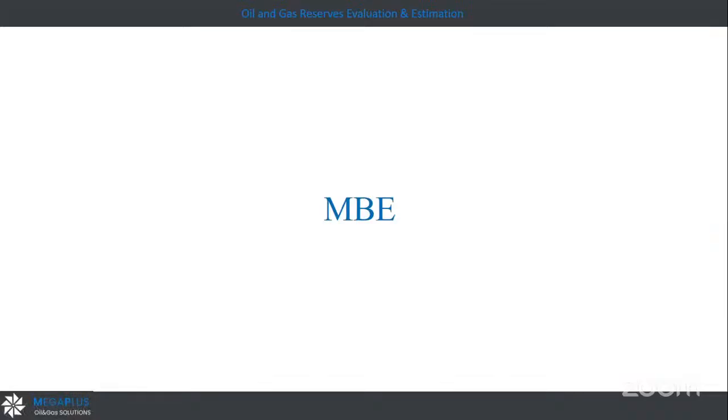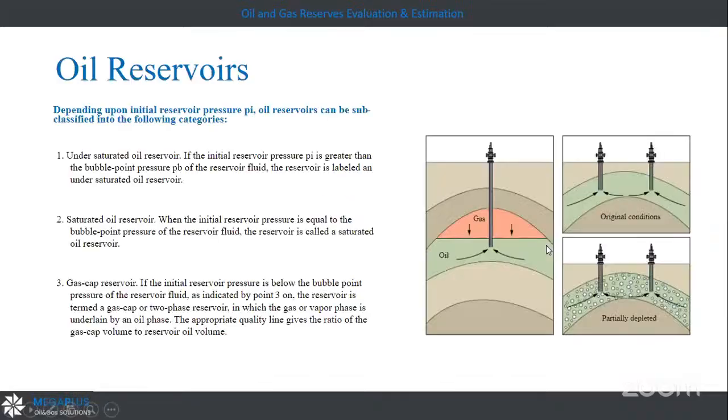The second thing is the material balance. As I mentioned, each item must have a single course or session to be presented, but this is a brief. Before we go to the material balance equation, we have to mention two things: the oil reservoir type. We all have to know that in oil reservoirs, we are dealing with undersaturated oil reservoirs and saturated oil reservoirs, and in some references there is another called the gas cap reservoir. What is the undersaturated reservoir? If my reservoir is above the saturation pressure.